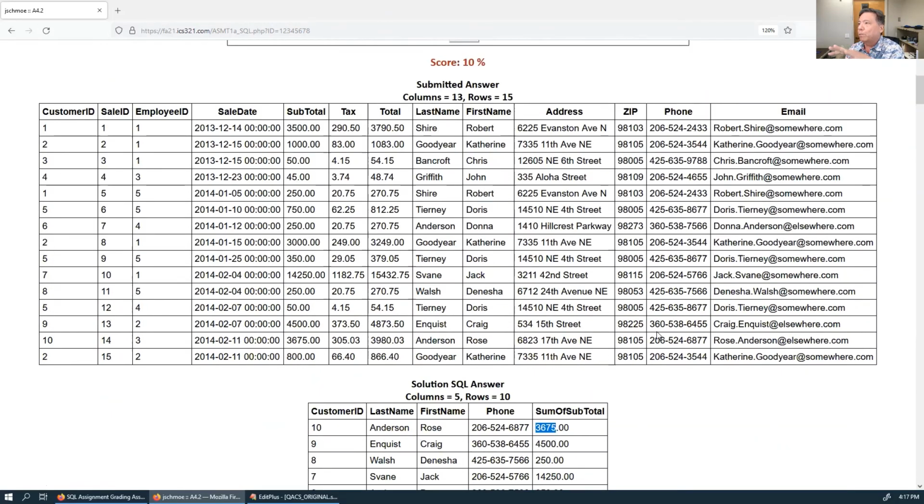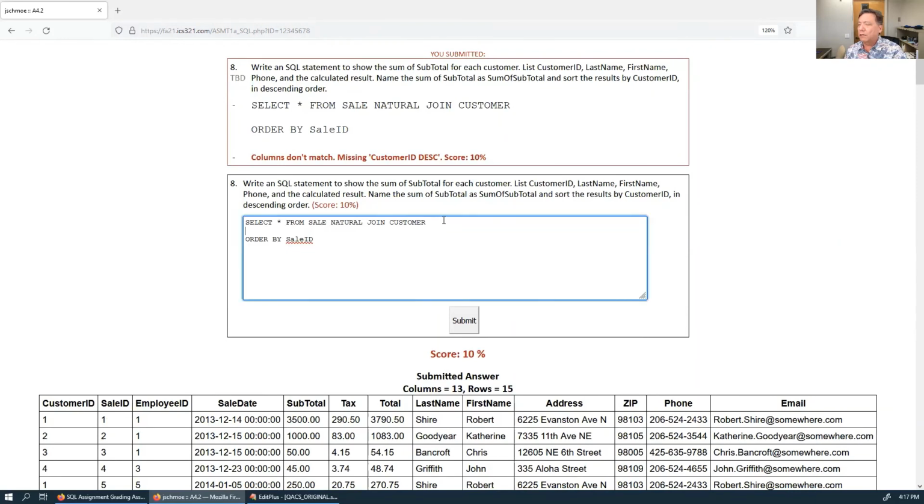Okay, so next, let's sum up what's supposed to be in the final thing. Customer ID, first name, last name, phone, and calculated results. So I'm going to take this, select this, plus the sum of subtotal as sum of subtotal. From that,